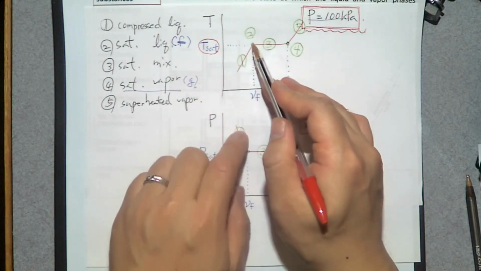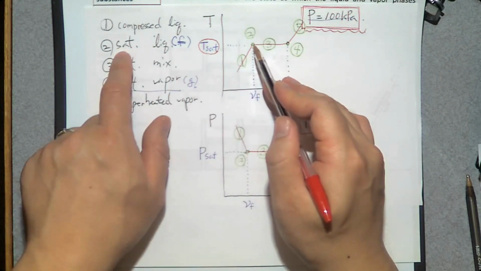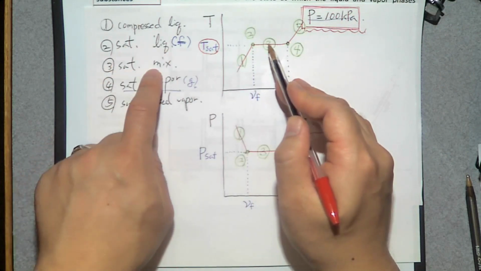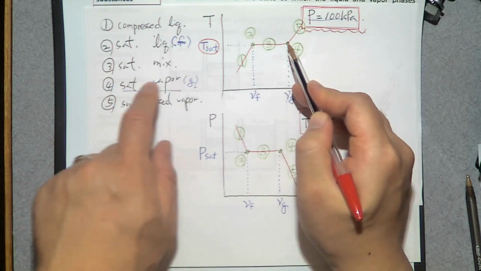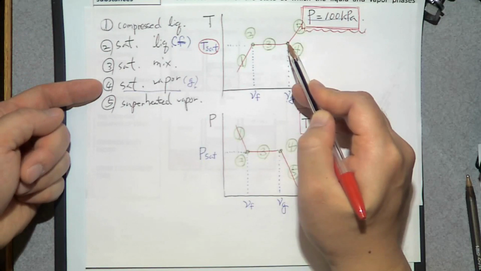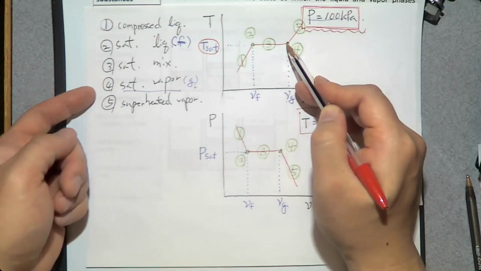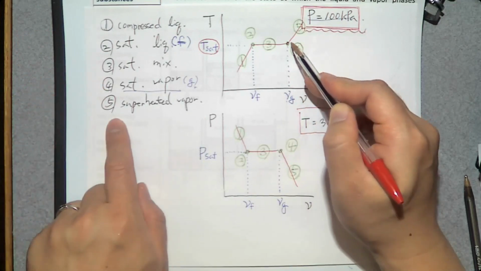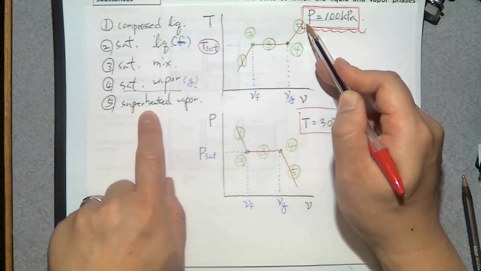And then, the boiling starts, which is saturated liquid, saturated mixture, and saturated vapor. So these are phase change from number 2 to number 4. And then, once the phase change completes, then temperature goes up, which is superheated vapor